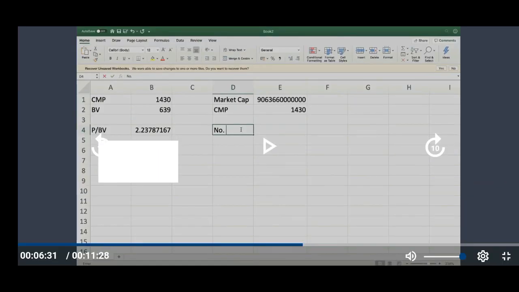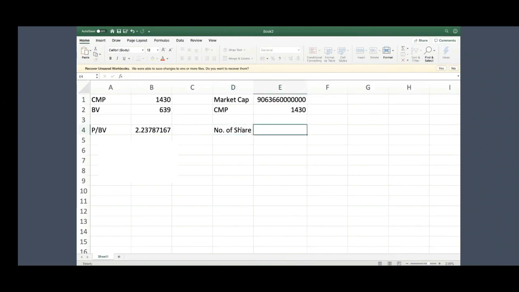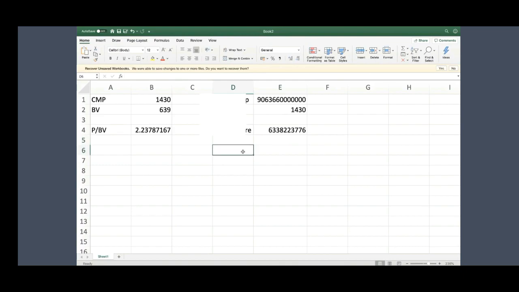So can we say how much is the number of shares? Well, number of shares is this. Now, as I said, we have to first find the net worth of the company or the book value